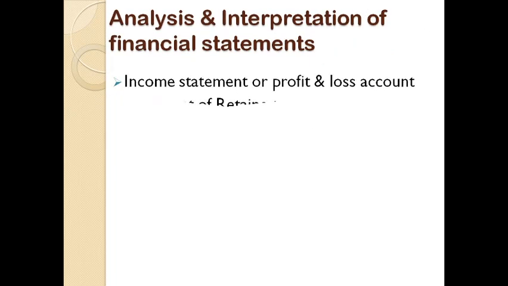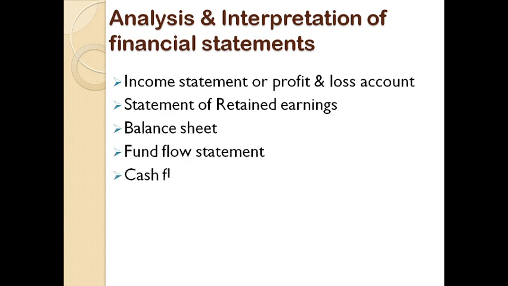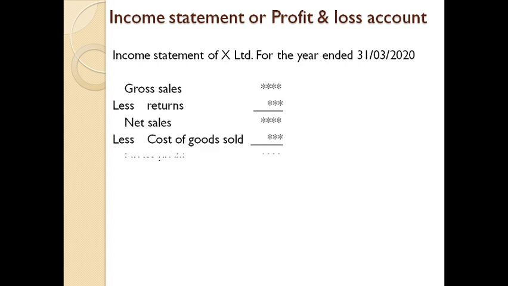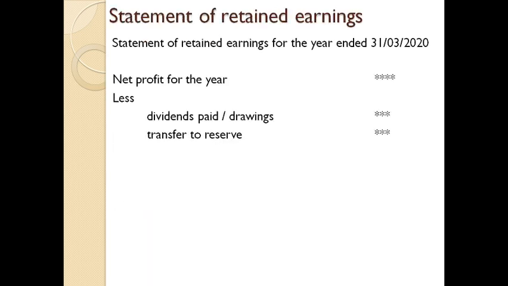First one, income statement, profit and loss account, statement of retained earnings, balance sheet, fund flow statement, cash flow statement. In the previous class, we discussed the income statement or profit and loss account, and the statement of retained earnings or profit and loss appropriation account. Next, we will deal with the balance sheet. We all know the balance sheet is a position statement